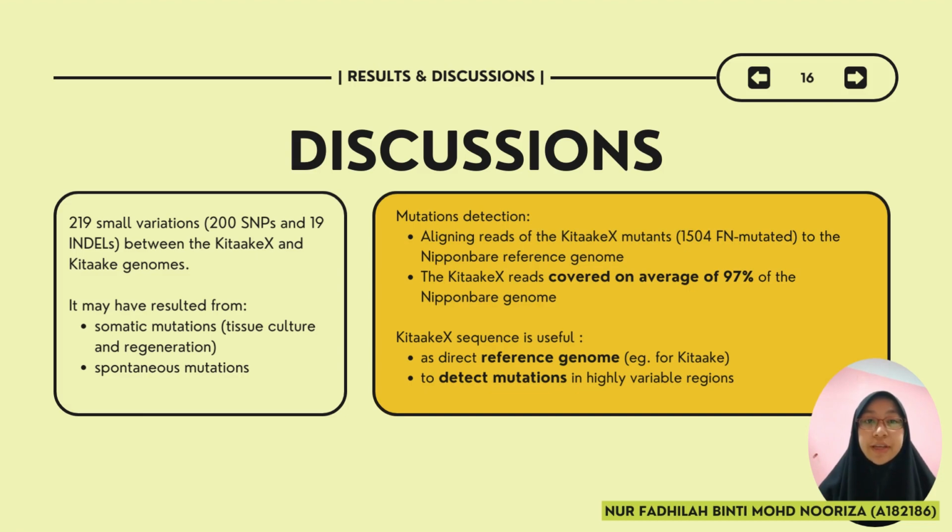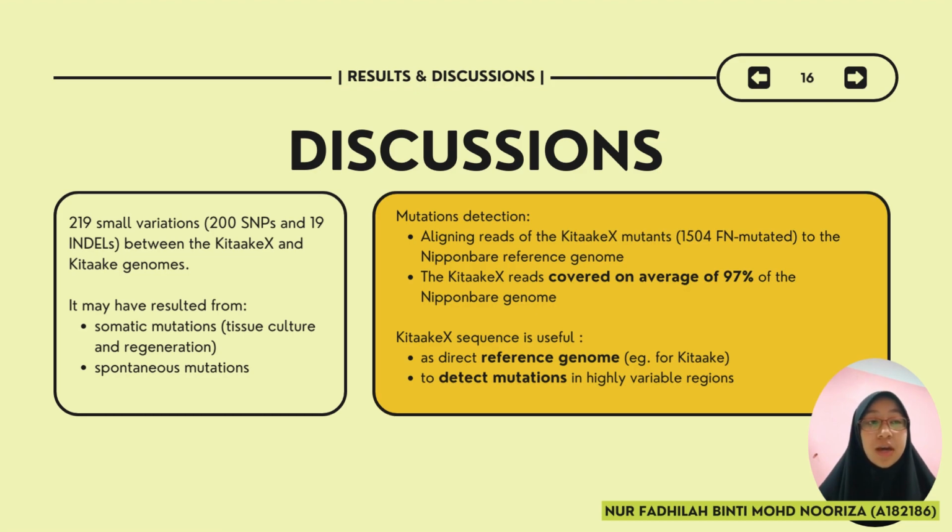For the 219 small variations that have been identified between the KITAAKEX and the KITAAKE genomes, it has been discussed that these small variations may have resulted from somatic mutations that arose from tissue culture and regeneration, and also from spontaneous mutations. And mutations can be detected by aligning reads of the KITAAKEX mutants to the Nipponbare